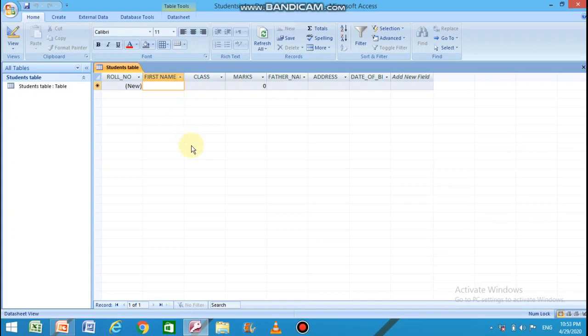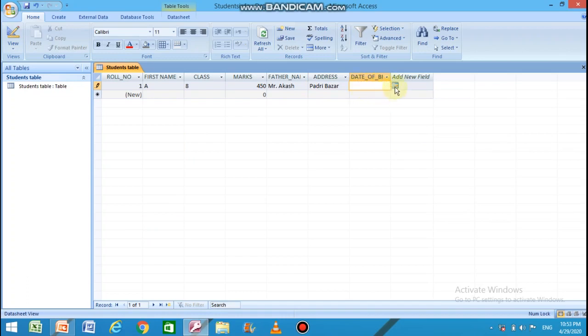So first name, suppose A, class 8, marks, total marks it should be something like 450. Father's name Mr. Akash. Address Padri Bazaar. Date of birth, this column we have set as date or time data type, so you can feed date type of value here.